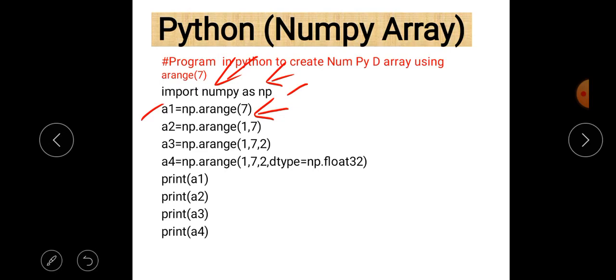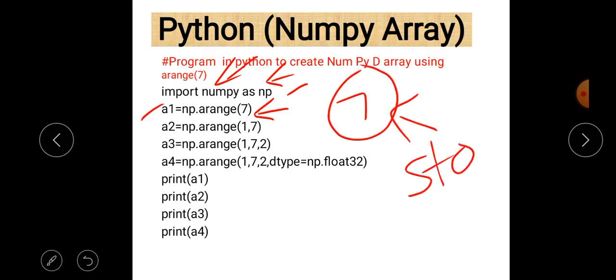So 7 is basically the stop value. When only a single value is given, it is considered as the stop value. Okay, in this case start and step values are considered as default values. So by default, step is equal to 1 and start is the first value.